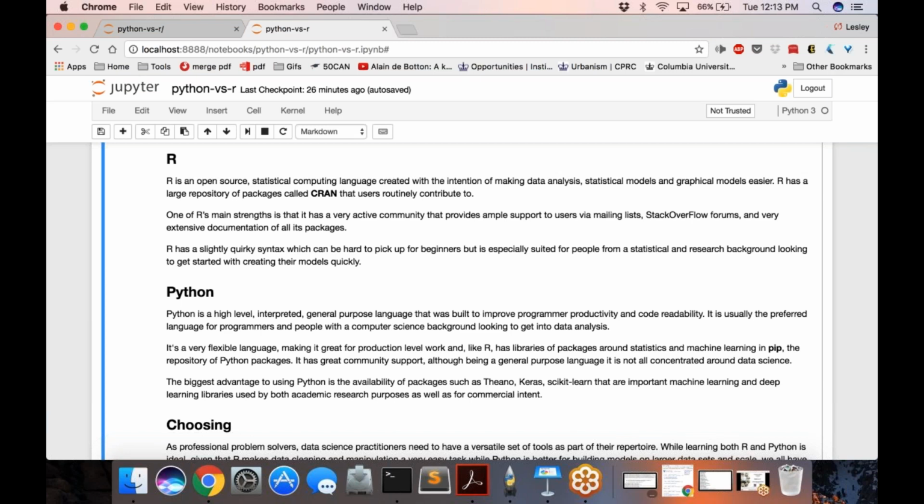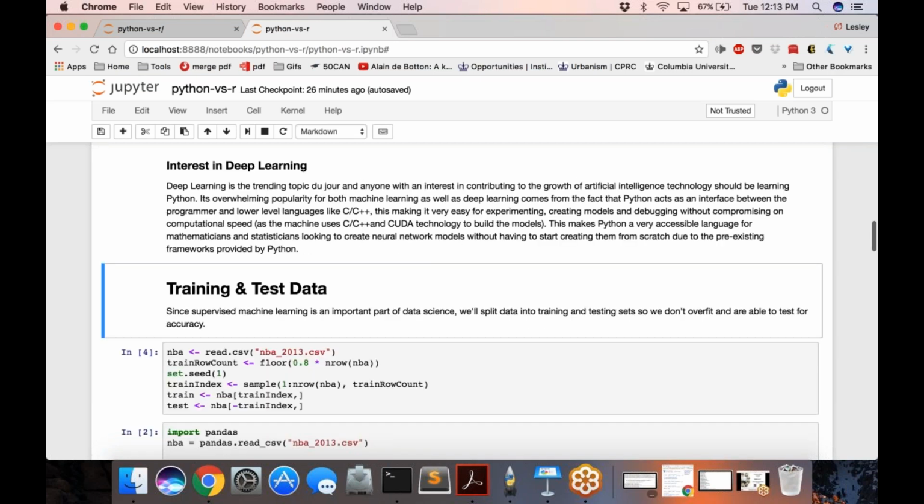But these are the two package management systems, and these are where you will find modules or libraries that include tools that you can use for data science, whether that's in the realm of exploratory analysis, or machine learning, or natural language processing, whatever task it is that you want to do. Across both languages, there's usually a module or library that corresponds to it. So as far as modules and packages go, obviously, right, R has some that are stronger than Python, and Python has some that are stronger than R. And we'll go into what some of those differences are in a little bit.